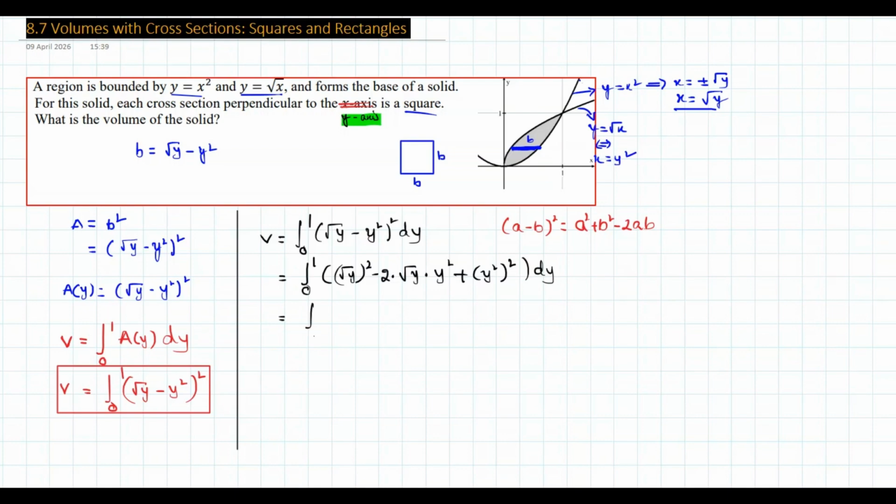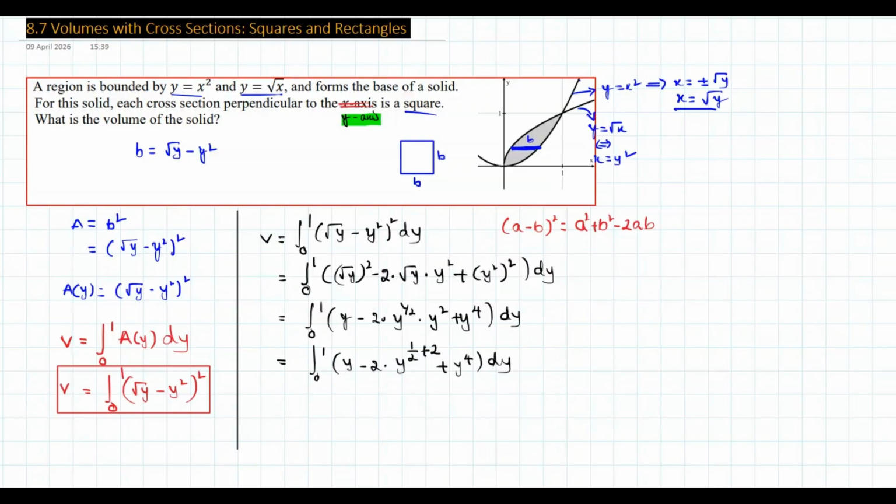So this is equal to the integral from 0 to 1 of y minus 2 times, here the radical can be written as a rational exponent, y to the power 1/2 times y squared, plus y to the power 4 dy. This one equals the integral from 0 to 1 of y minus 2 times y to the power 1/2 plus y to the power 2, because when the bases are equal we can add the exponents, that is 1/2 plus 2, plus y to the power